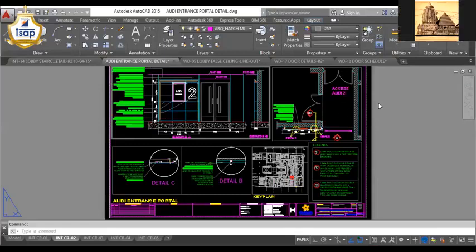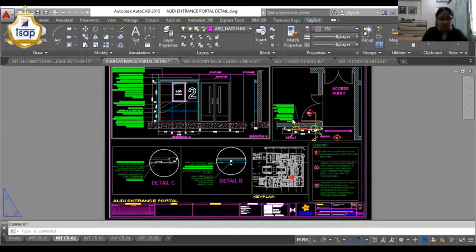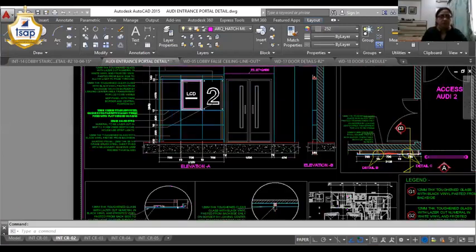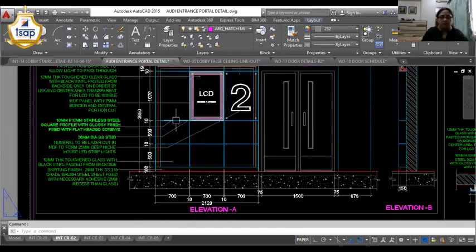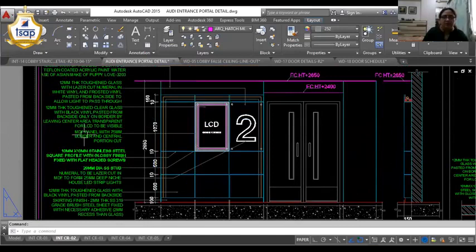Yeah. This particular drawing is of a wooden paneling which was finished with glass, and it was having an LCD concealed inside that.